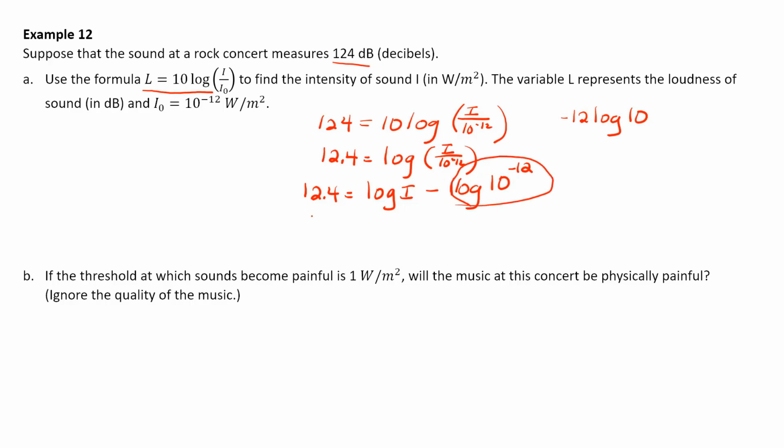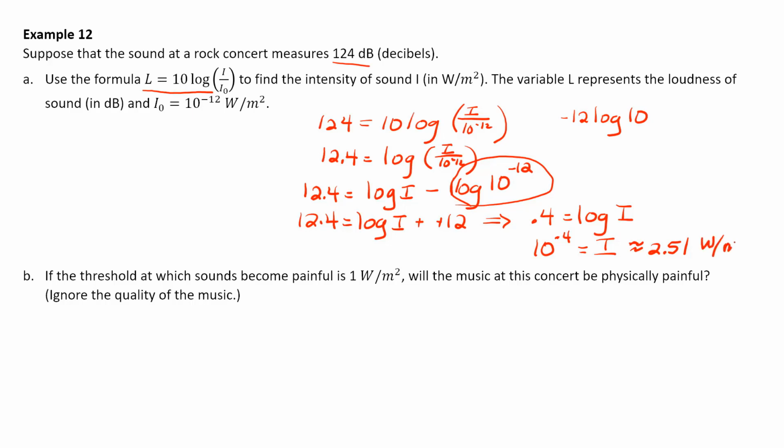So 12.4 equals log I minus negative 12. This becomes plus 12, so you can subtract 12 on both sides, and you get 0.4 equals the log of I. And then you can change this to exponential notation. The base is 10, so 10 raised to the power, which is 0.4, equals the number, which is I. So 10 to the 0.4 power, if you punch that into your calculator, is about 2.51,